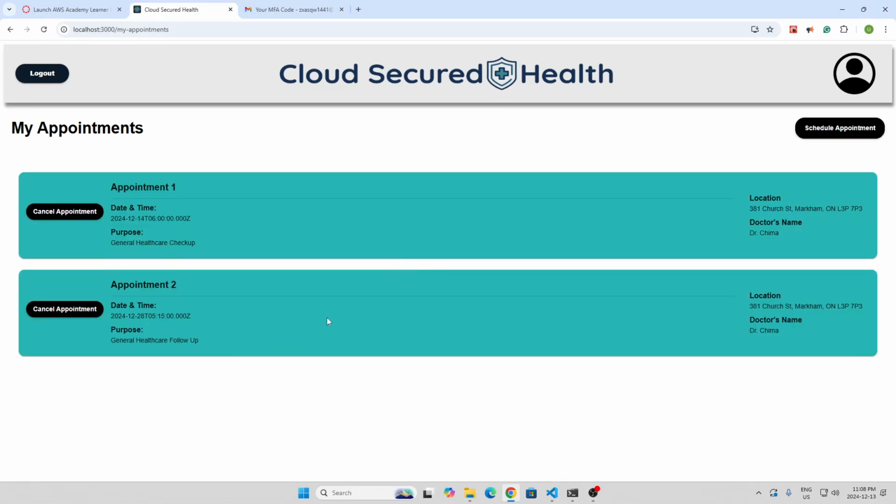And now the two appointments that are scheduled on this account will be available to view on my patient account. So let's just have a scenario here where the day has come for the appointment. I went to see the doctor for this first appointment here, the general healthcare checkup, and I left the doctor's